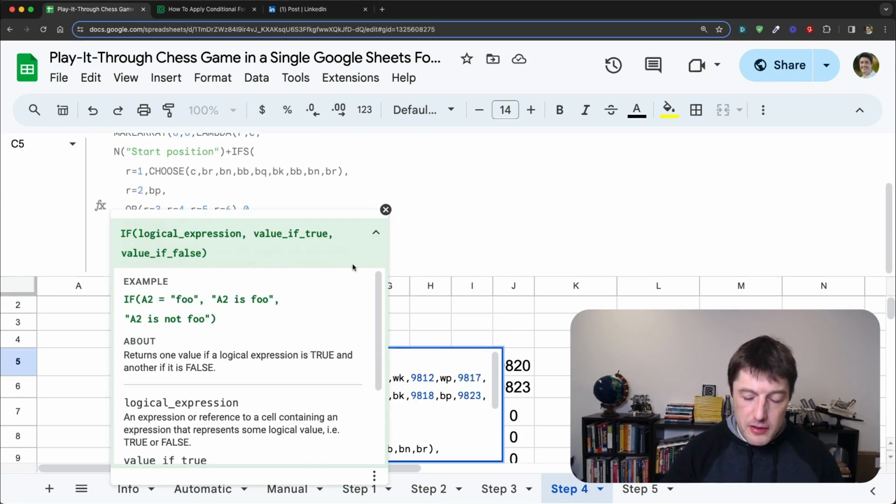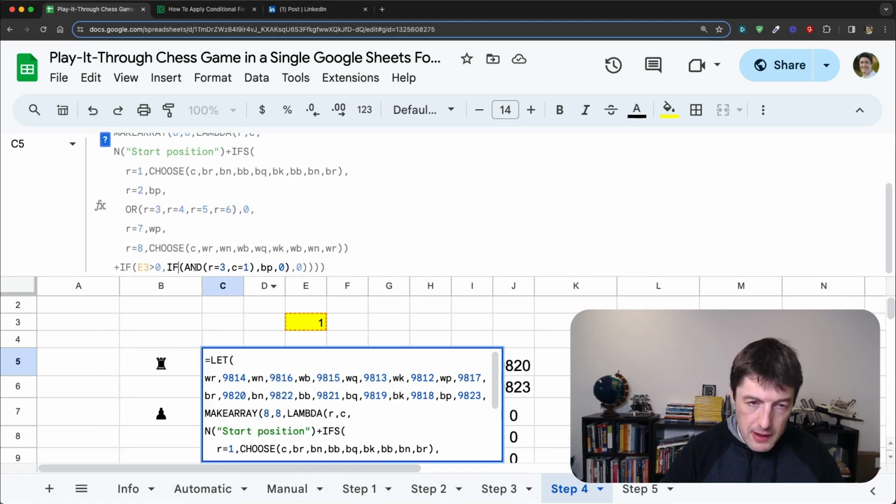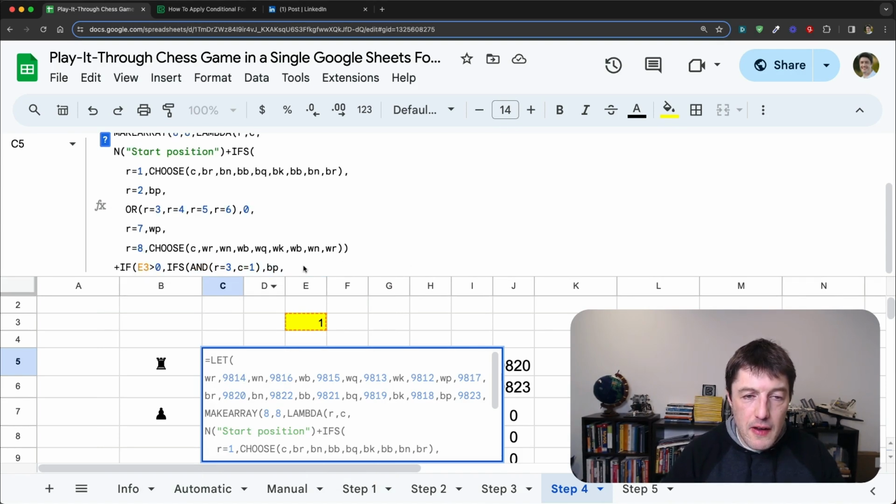So what I'm going to do is change this to an IFS. Let's get rid of these for the moment and take off all of these end ones here. So that's my first pair of conditions. What I want to do now is say and